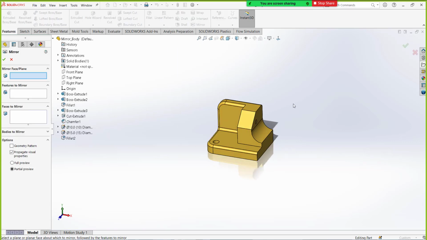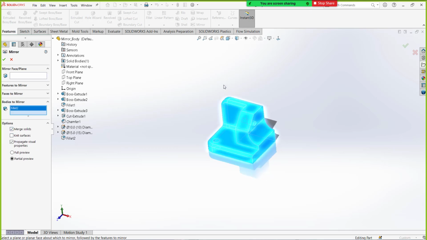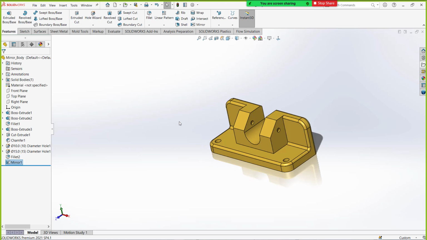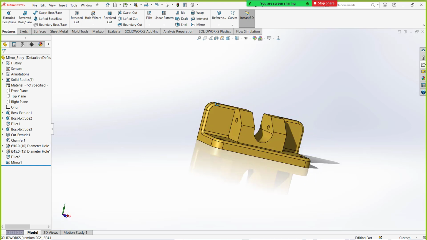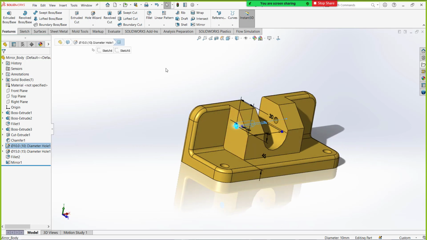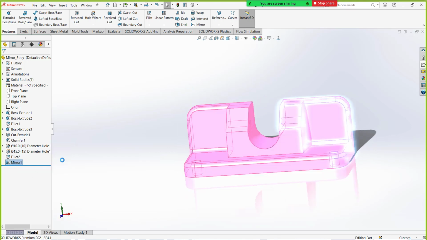Now I need all the things to be mirrored, so you can choose bodies to mirror. All the bodies, the entire features, everything will be covered with respect to the face. But I don't need this hole to be mirrored that side. Apart from that hole, I need everything. What to do in that case?